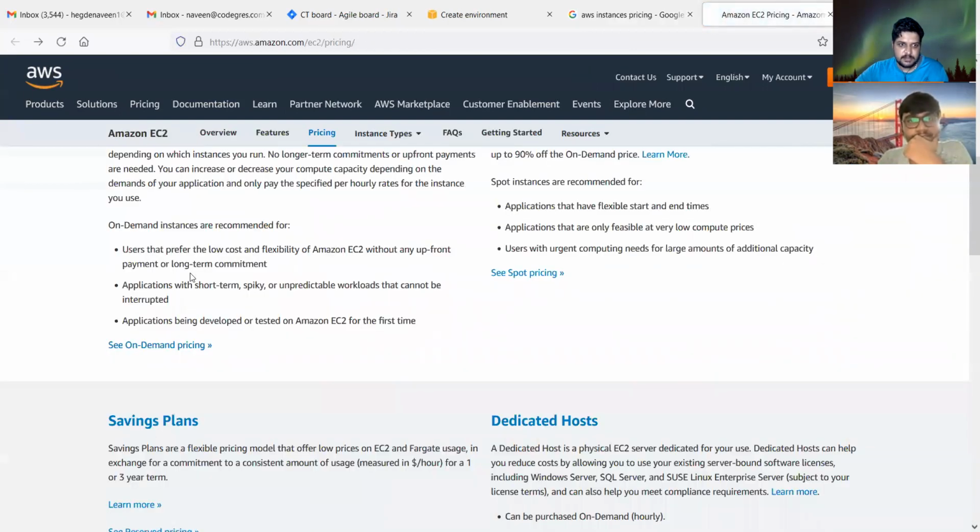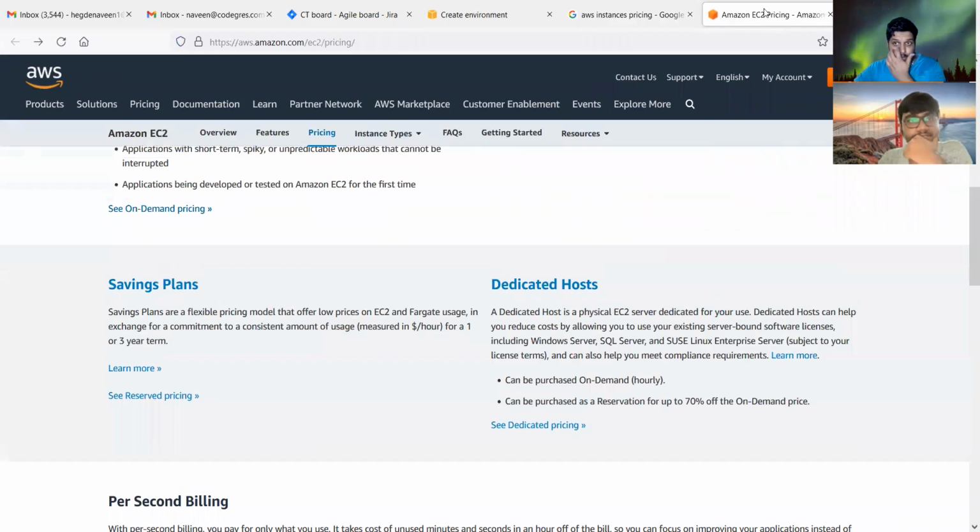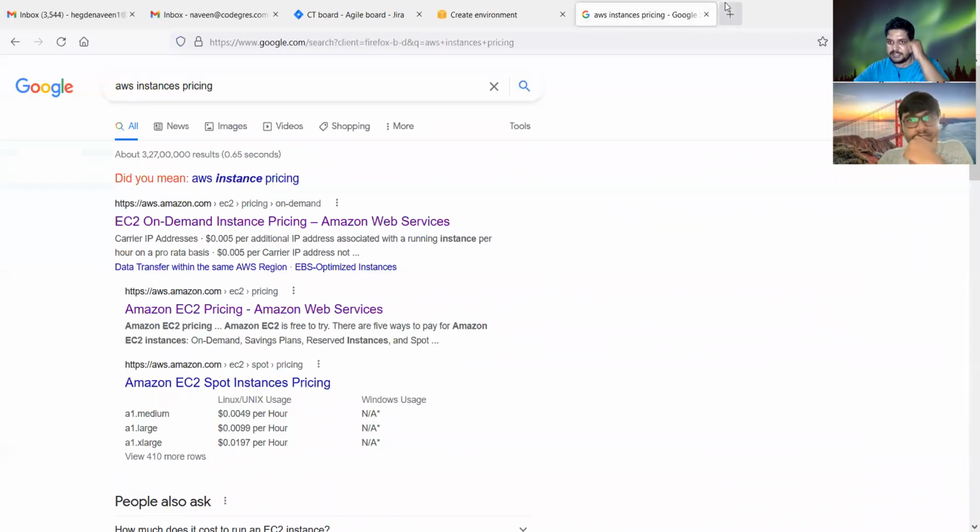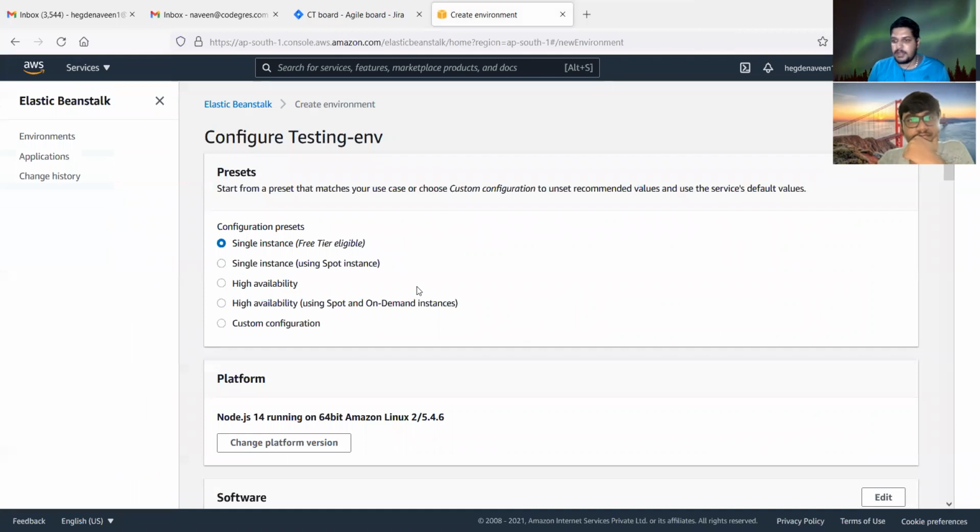So there are different types of instances. All they differ in is the processor and the size of the instance. For example, one can have let's say 20 GB of storage, another can have 40 GB of storage, and the RAM also. For example, one can have say 2 GB of RAM, another instance can have 4 GB of RAM, another can have 16 GB of RAM.